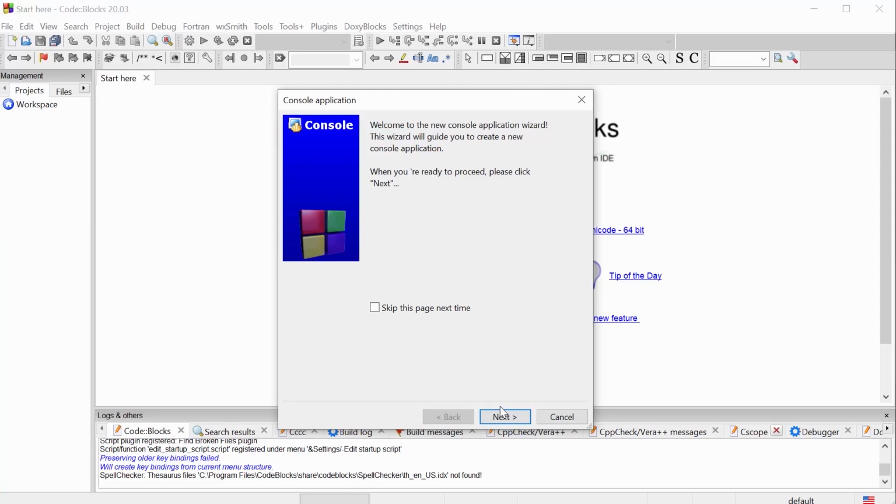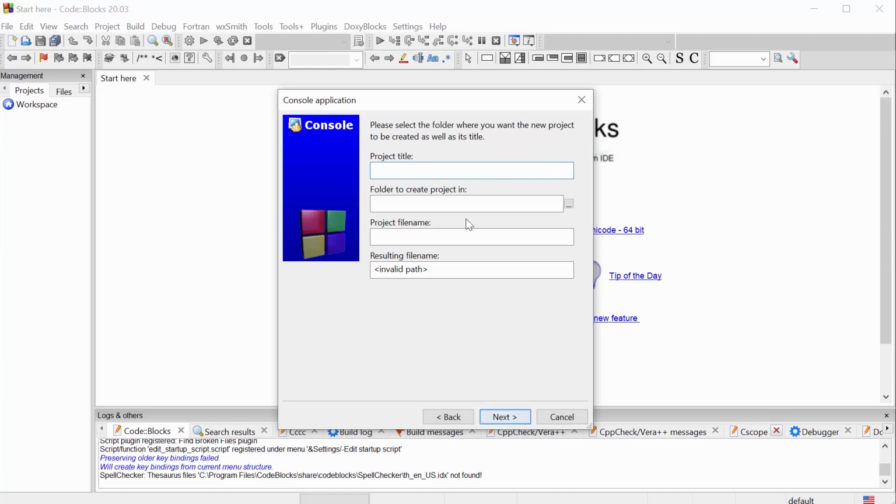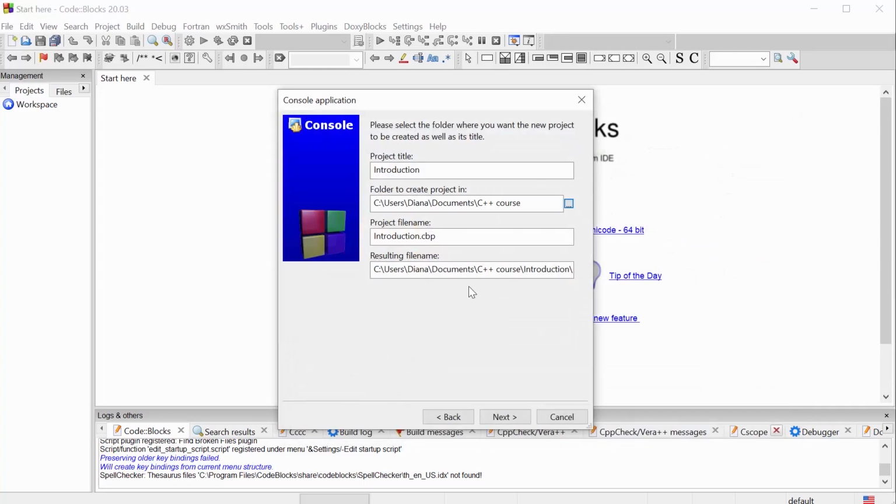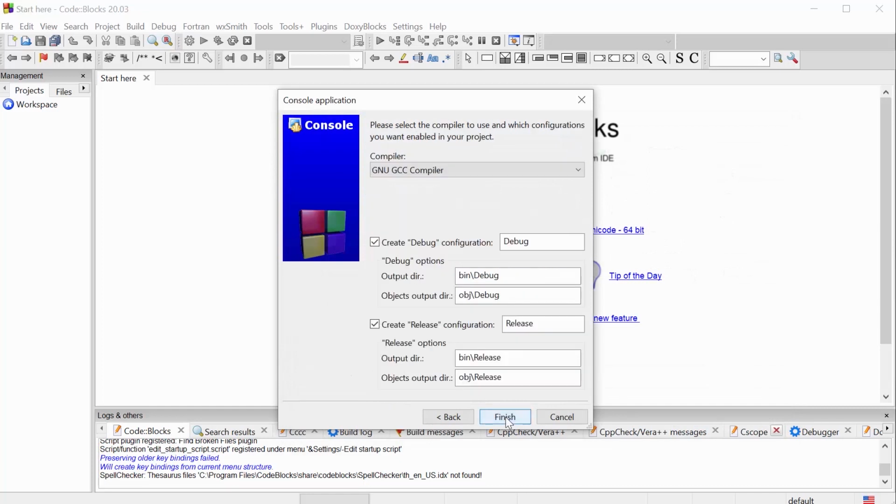Basically everything is very intuitive. You just press Next, select the C++ language, that's the one we need. And here we are going to select our project title. It's always nice to think about your project organization to keep it clean and obvious where you store everything. So I will just name my project Introduction, and I will create a new folder for all the code we are going to write in this C++ course. I will name my folder in this way, select it, and then press Next.